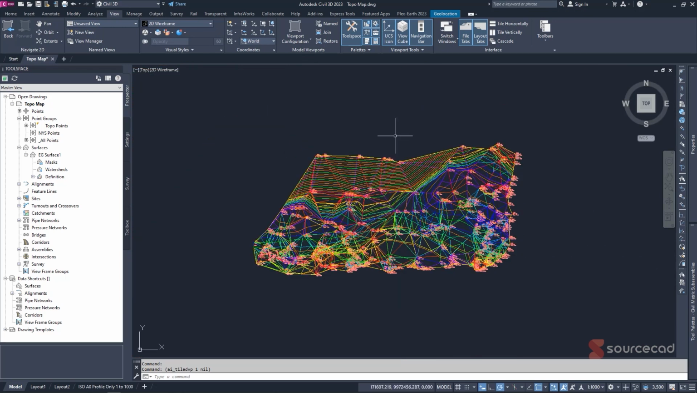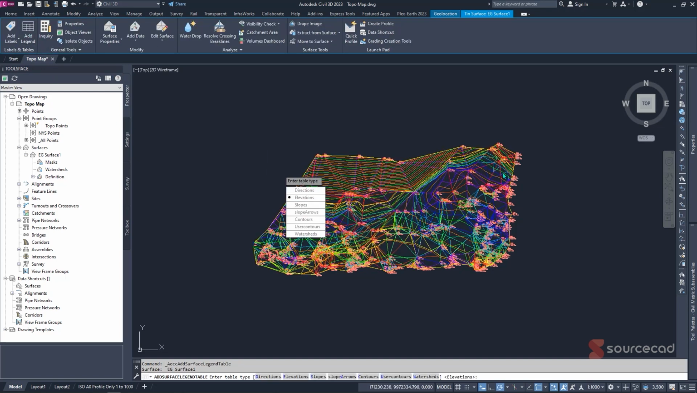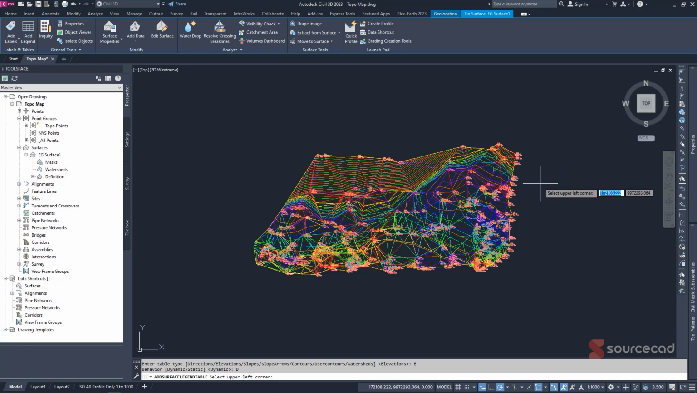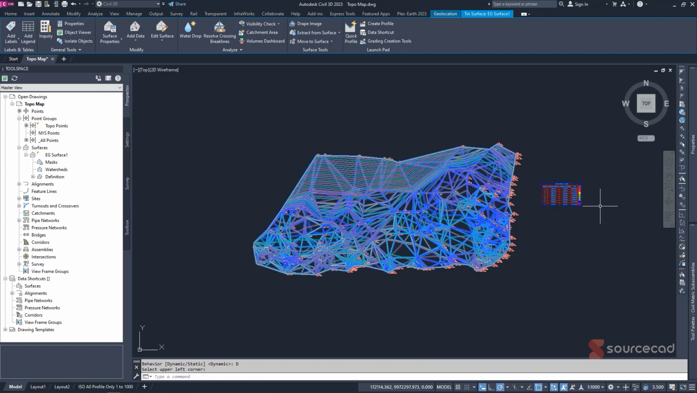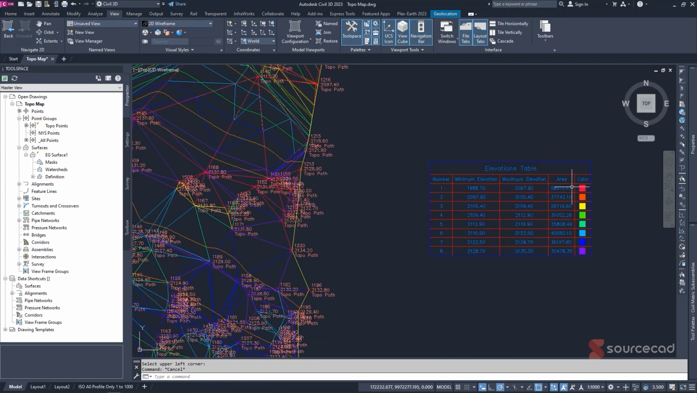So the next item will be how to export this specific data, which is quite seamless. What you do, you can even first add a legend. So I can just select on this specific surface that we have. We want the legend of elevations and we want it to be dynamic. In the event that we update or change anything, it will be updated in the table in real time. So you specify the upper left corner. So this is the upper left corner,